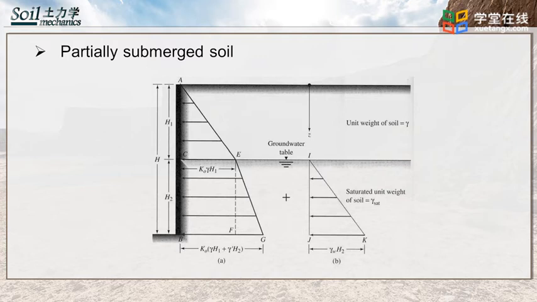gamma multiplied H1. For soil below water table, effective horizontal stress is divided into two parts, pressure caused by soil and pressure caused by water. Pressure caused by soil equals K0 multiplied effective sigma V, where the sigma V prime equals gamma prime multiplied H2. Gamma prime equals saturated unit weight minus water unit weight. Pressure caused by the water equals K0 multiplied sigma V prime, where the sigma V prime equals gamma W multiplied